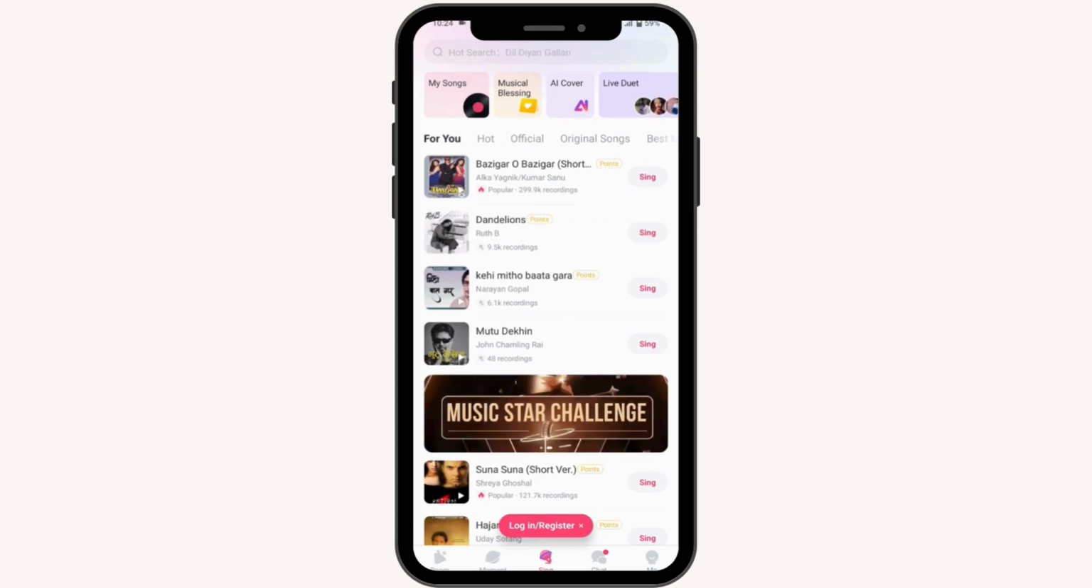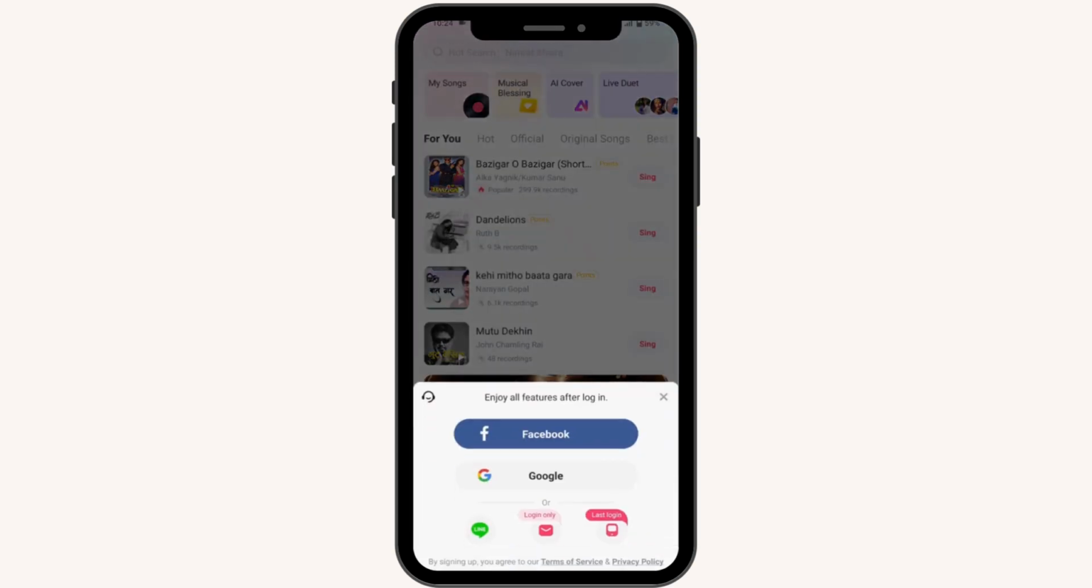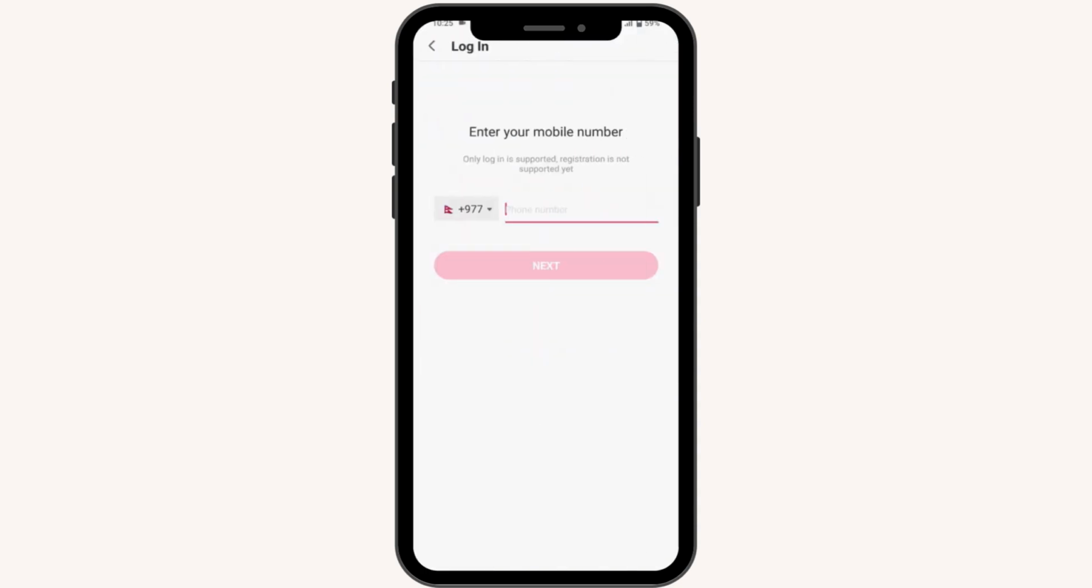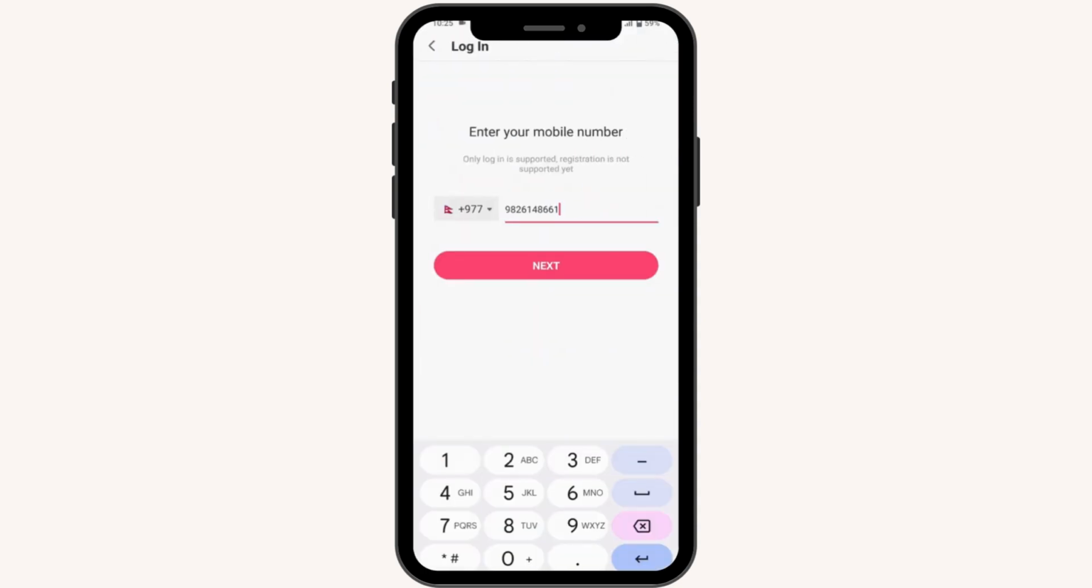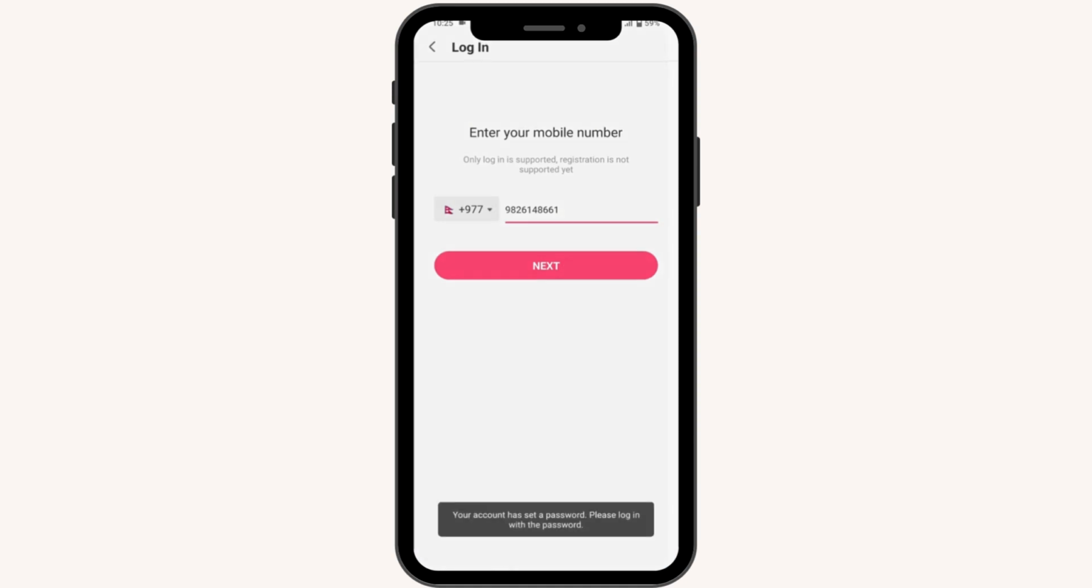So you can simply go for that login or register, and now you can simply tap on any one of these options. So I'll be choosing the last, login by mobile number, which is on the bottom of your screen, and here you need to enter your mobile number, and after entering that, tap on next, and here your account has set